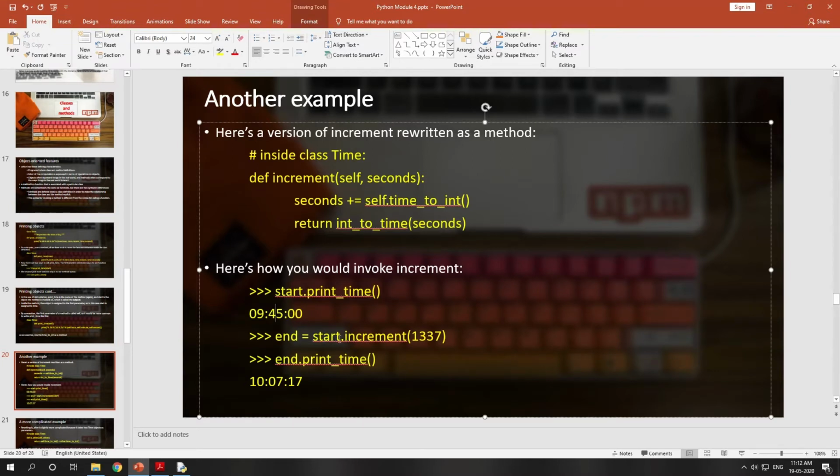Start will be passed as the first argument to self. Then seconds is equal to seconds plus self dot time to int. You are converting the entire time into an integer, then adding the seconds to that integer, then converting those seconds into time, which we have already studied in the previous chapter. Refer to my previous video. Now end dot print, see, after adding 1337 seconds, the time becomes 10:07:17.